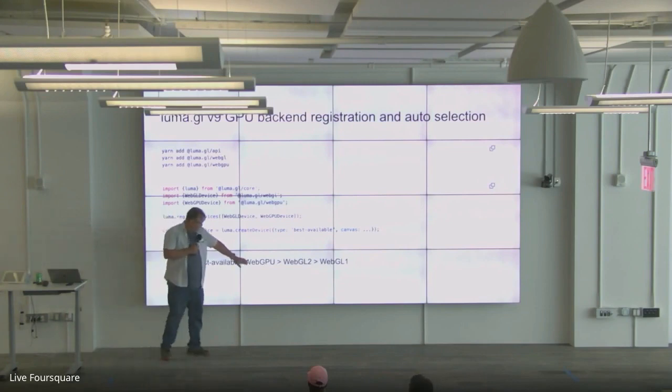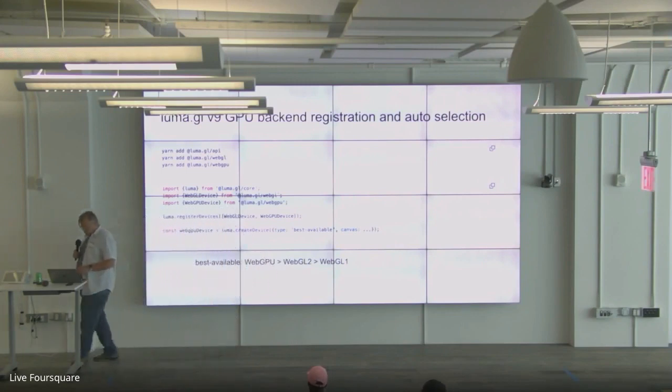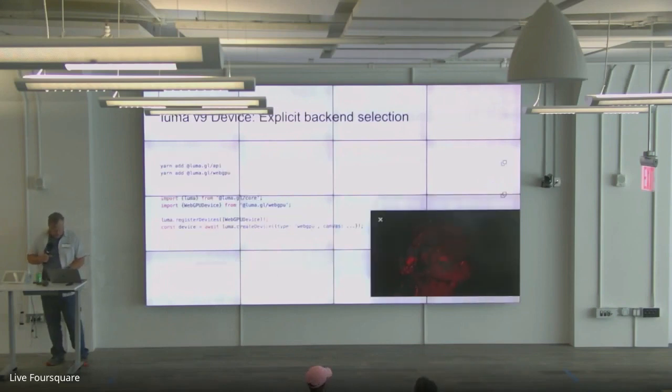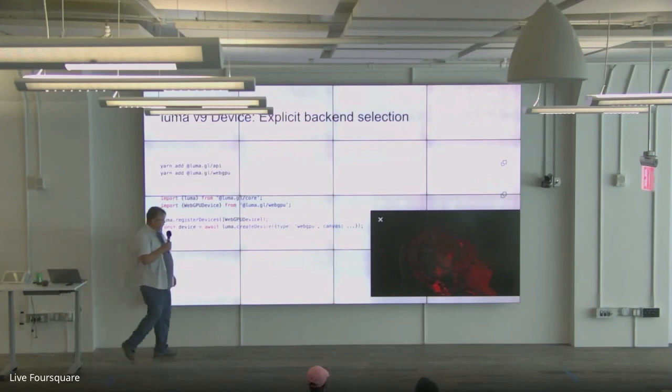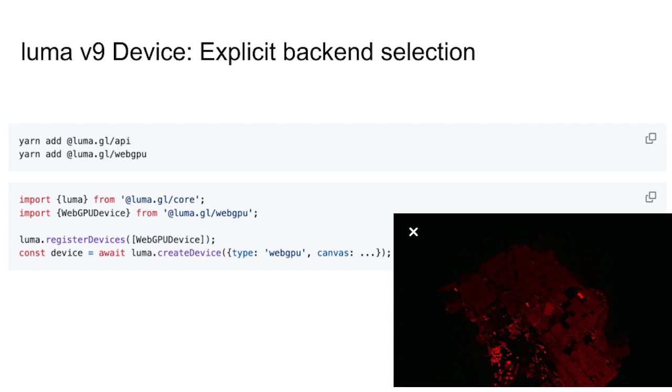If WebGPU is supported by the browser and the WebGPU backend is installed, you're going to get the WebGPU device. Otherwise, if WebGL2 is supported, you're going to get the WebGL2 device, and so on. And you can, of course, do explicit selection as well. So you can specify the type that you would like to